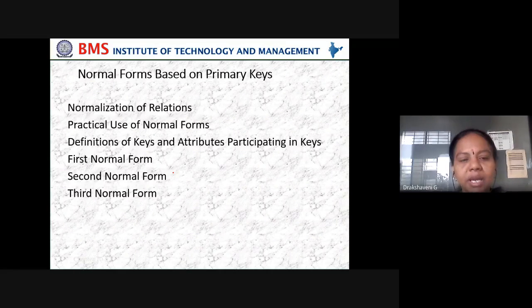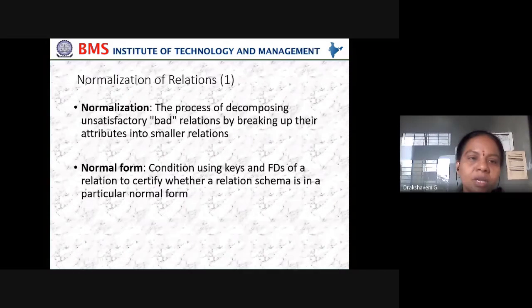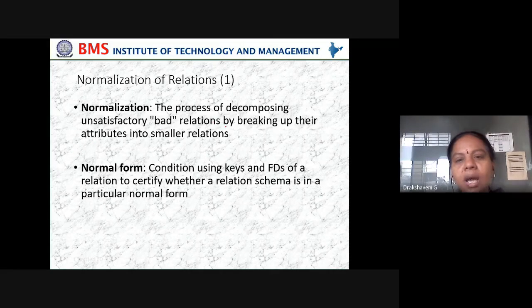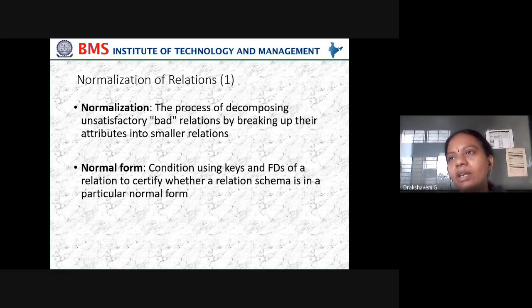First normal form, second normal form, and third normal form. Normalization is the process of decomposing unsatisfactory bad relations by breaking up their attributes into smaller relations. So what is normalization? Suppose you have created a student table and entered 51 student details